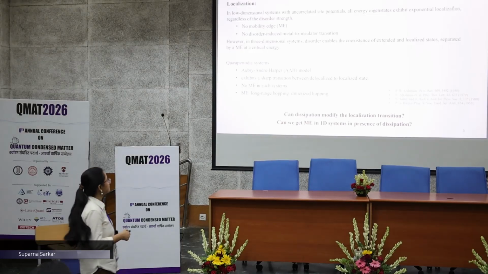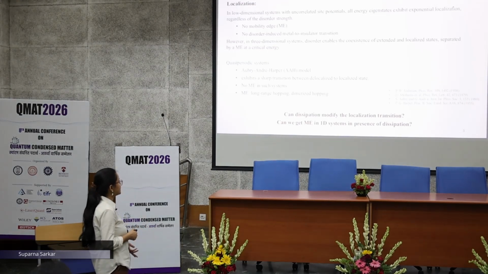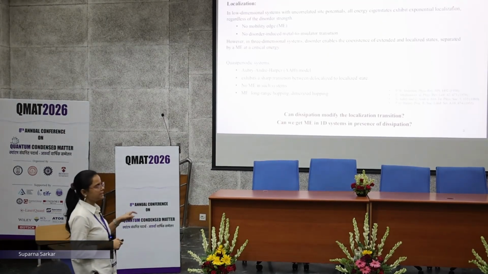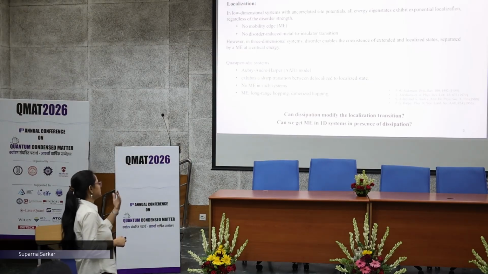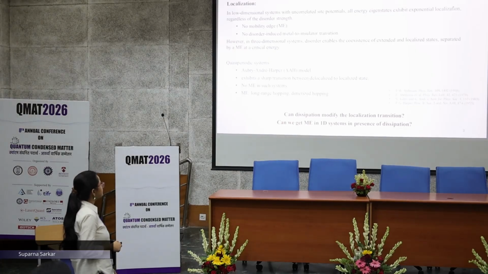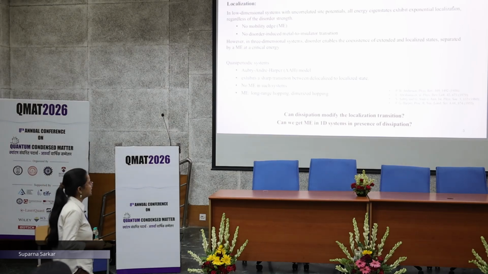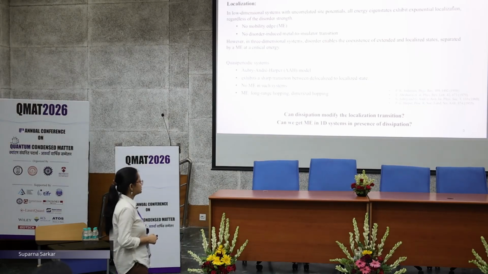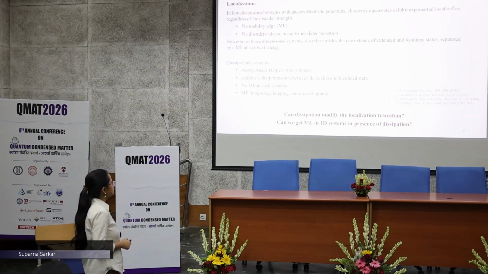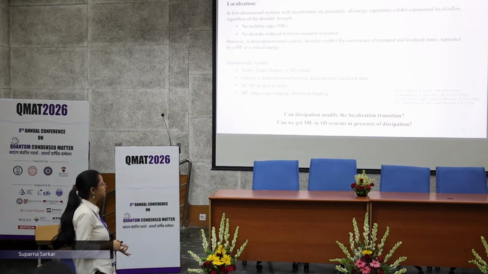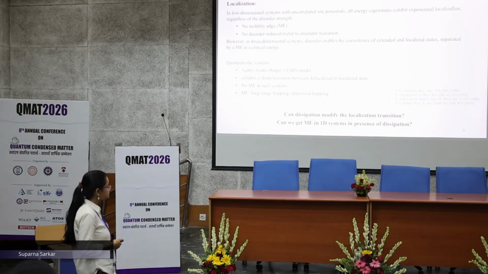However, low dimensional quasi-periodic systems behave differently, like the famous Aubry-Andre-Harper model, where the transition point has a non-zero value, below which all the eigenstates are delocalized, and after which all the eigenstates are localized. But since Wc is constant and does not depend on energy, here also we cannot get the mobility edge, and to get the mobility edge one needs to consider long range hopping and dimerized hopping. So the question is: can dissipation modify the localization transition in low dimensional systems, or can we get the mobility edge in a 1D system in the presence of dissipation?